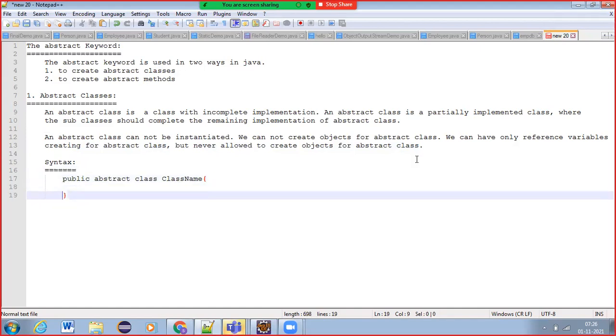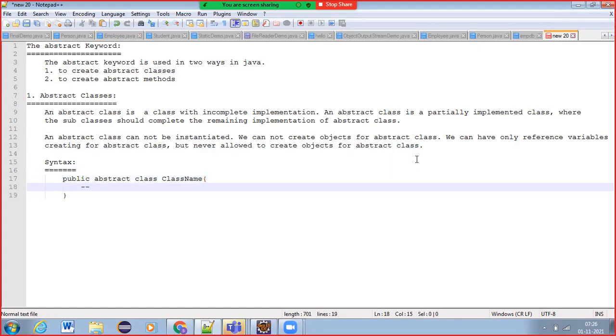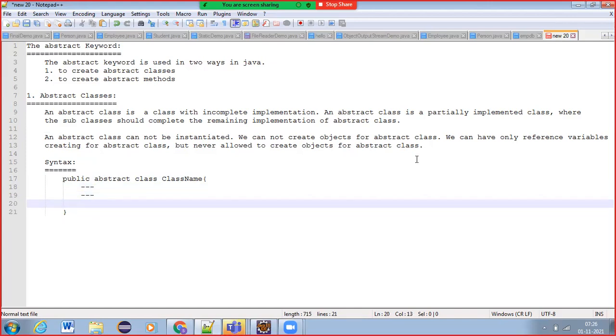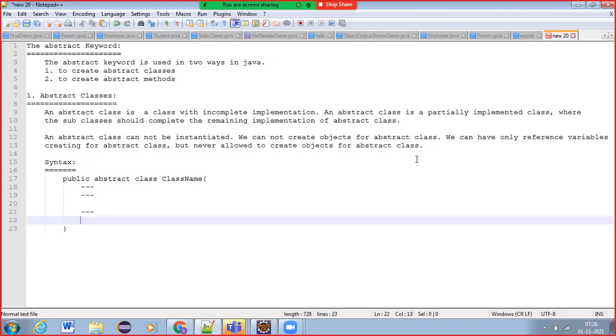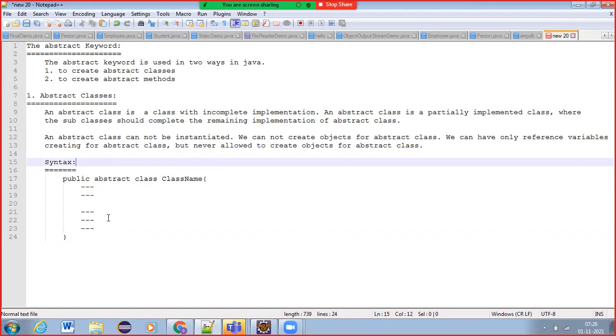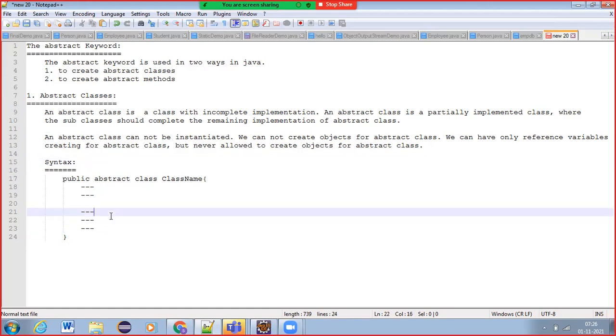Under the class name, you can have the data members, meaning member variables, whatever you want to declare, and you can write methods. In a class, we can write member variables and member methods, right? But the methods that we write here can be zero or more abstract methods.